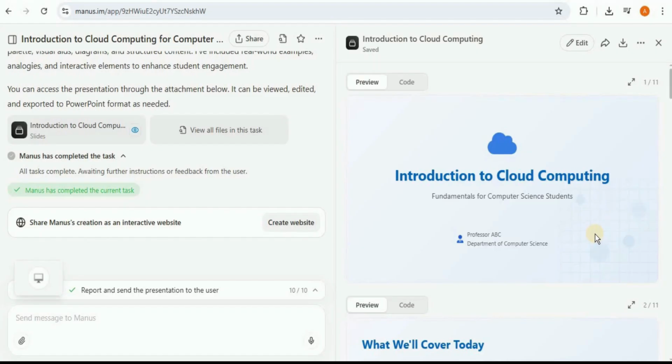And once you are done with editing your slides, you can go ahead and share it with your different team members, different colleagues, or you can also download it as either a PPT file, a PDF file, or you can also save it to the Google Drive as well. Moreover, if you want to have it for further editing or for further use, you can simply convert it to Google Slides and then you can play around with it for future references as well.